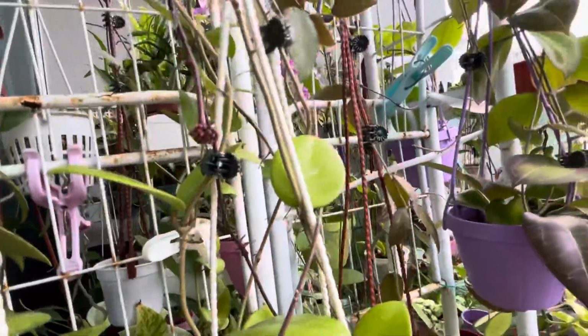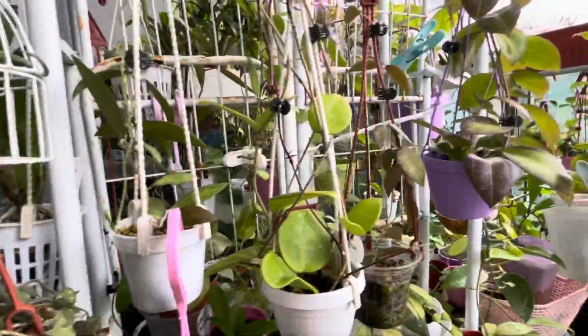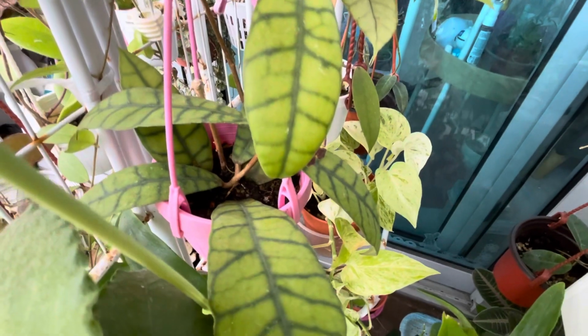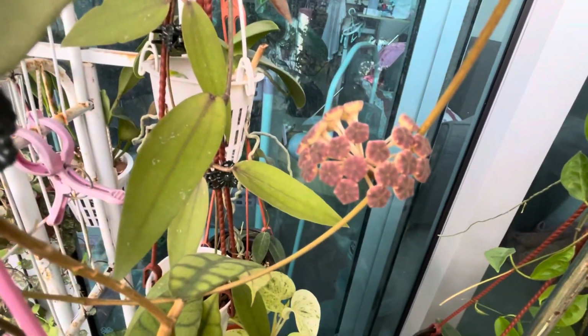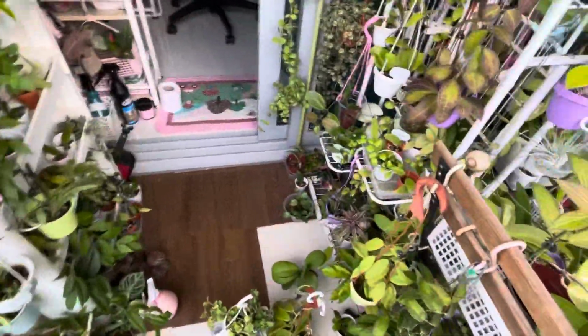In fact, it's got 3 peduncles, 1, 2, and 3. Yep. And maybe just to give another example would be my calostrophia over there. I missed it out earlier on in my other videos. You can see it's a small plant. Again, it's in a 3-inch pot, and it's got a new peduncle there, as well as another one there. Here you go. So all these Hoya examples show us that they don't need to be a big plant to